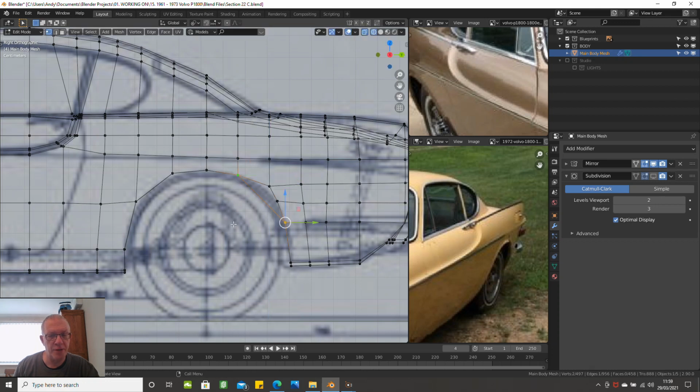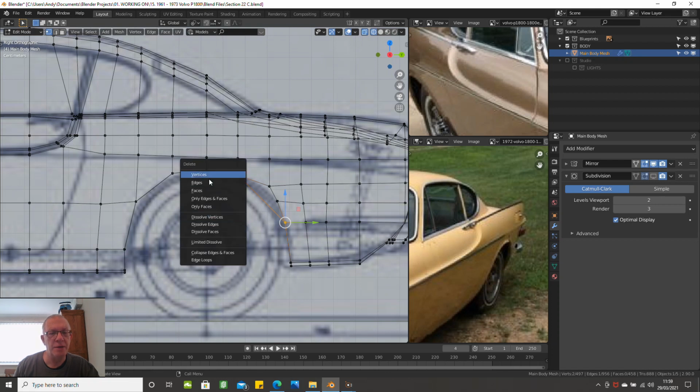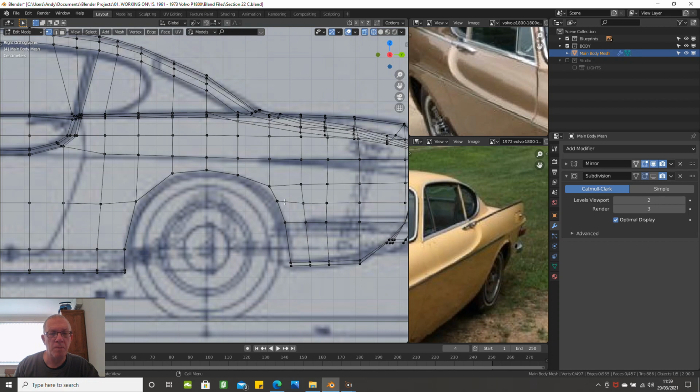Choose these two, press X and delete the edge. GG, move that down so it's in line with that, bring it across. Then this one, pull it across,